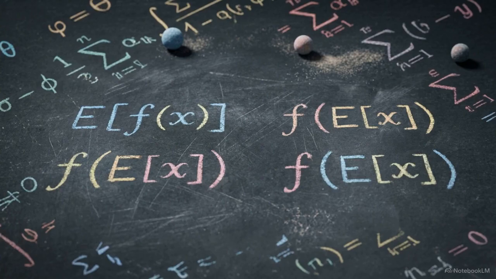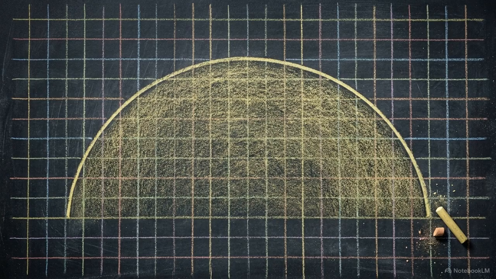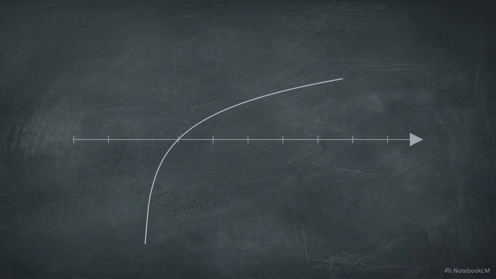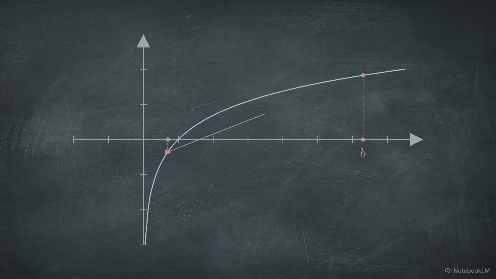The mathematical engine that makes the EM algorithm possible is a principle known as Jensen's inequality. To understand it, we must define a strictly concave function. Any function with a negative second derivative everywhere qualifies, meaning the standard logarithmic function fits this definition. This is a 2D graph of the concave curve f(x) = log(x). We will plot 2 points on the x-axis, a and b, and draw a straight chord connecting their corresponding outputs